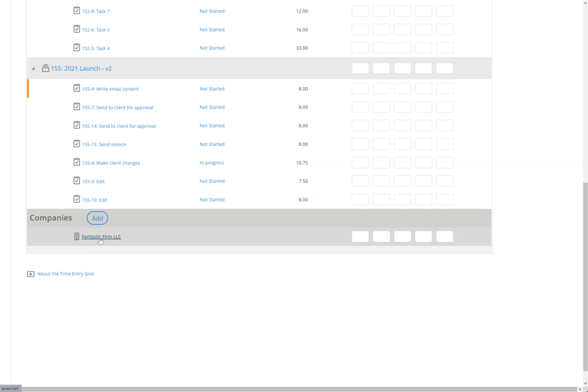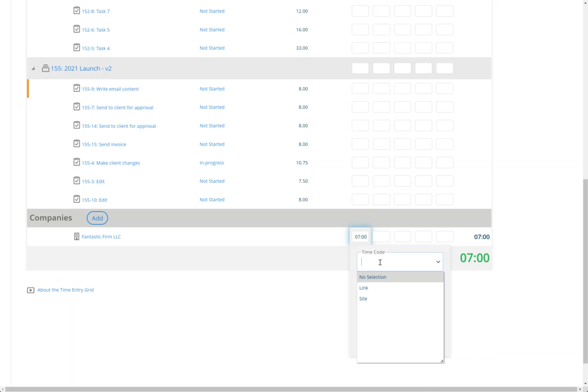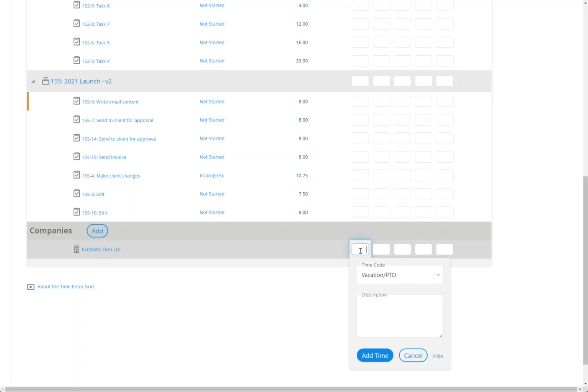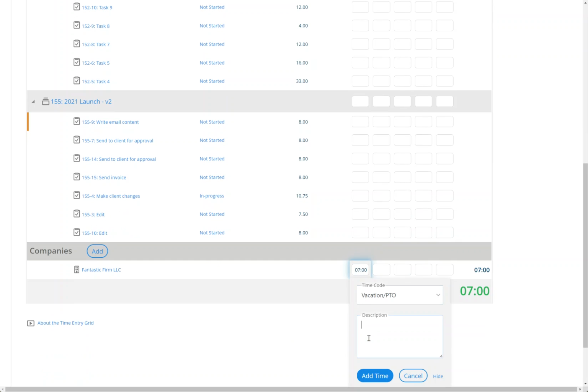you do have to have time entries enabled for the company in order to use this. So whichever company you have assigned in your profile to yourself, so if you work for a fantastic firm, then you have to have them added to this company down here, and you can actually start adding the time here. So today is the 22nd, Monday. So if I'm going to take today's PTO, I'm going to put 7 hours in. So any time entries that you put on the time entry grid to the company that is in your profile, you can go ahead and assign. So if I put 7 hours in here for today, which is the 22nd, I can put a description in,